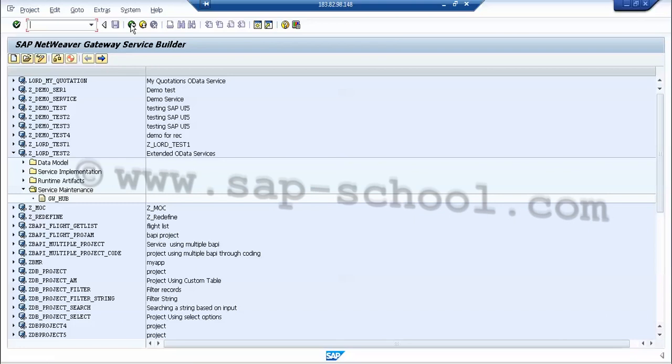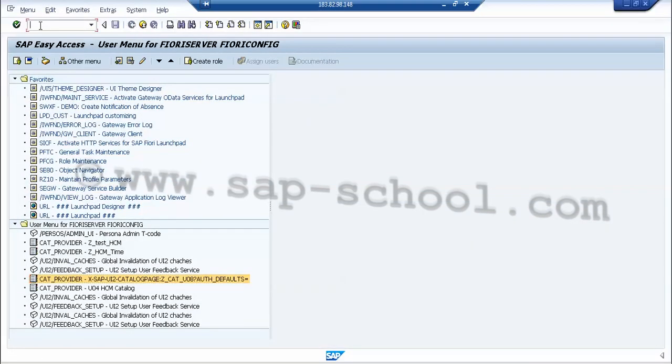So basically here we have to go to the SICF transaction or the maintain service transaction. So we can go to the home page and click on the SICF transaction here.